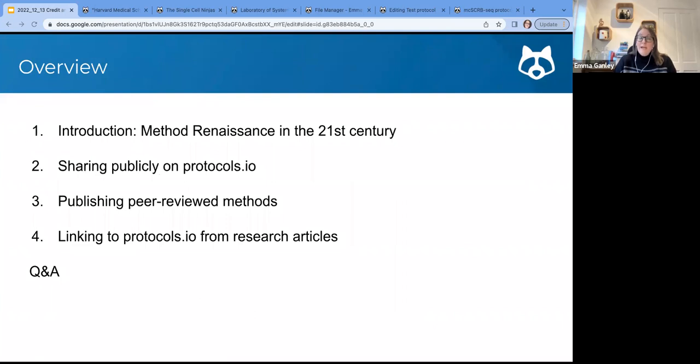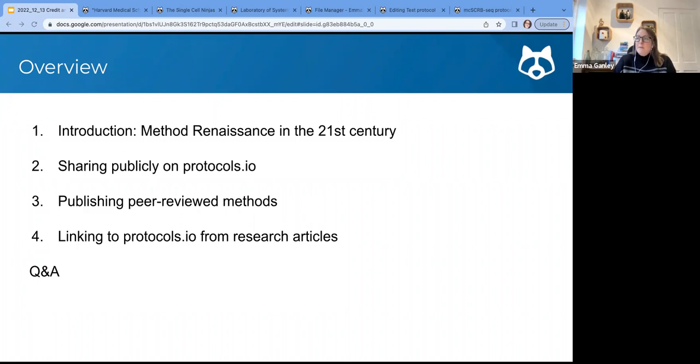For today, I will run through a fairly short agenda: a bit of an introduction into the methods renaissance in the 21st century, how you can share publicly and how people do share publicly on protocols.io, how you can publish peer-reviewed methods and how that works alongside protocols.io, and also linking to protocols.io from research articles.